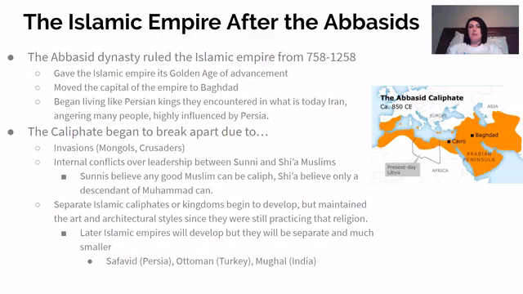Now, we're also going to see inside this area a fight start to break out between two different groups of Islam, like the Sunnis and the Shia Muslims. And the Sunnis had an entirely different view of who could be the caliph than the Shia did. And this is kind of an important part of this. The Sunni believed that any good Muslim could be the caliph, where Shia believed that it needed to be a descendant of Muhammad. And to this day, the Shia are the minority. They make up about 5% of all Muslims.